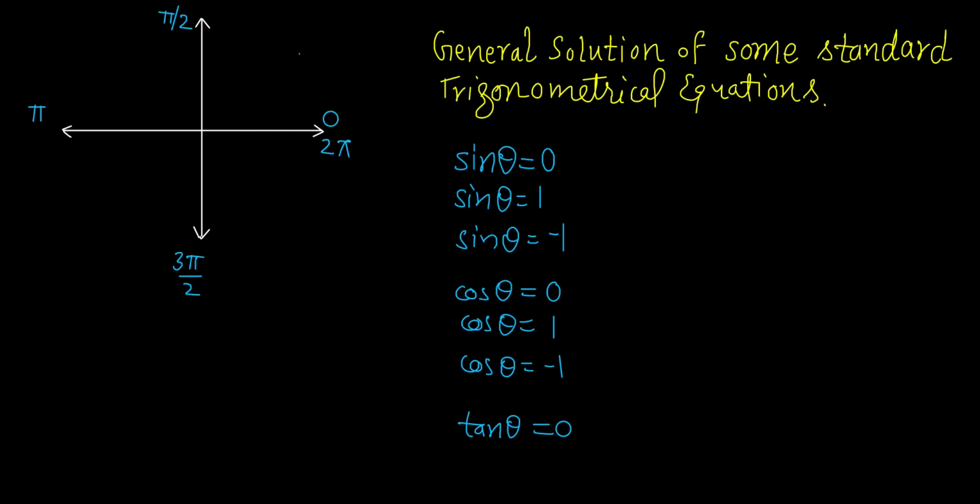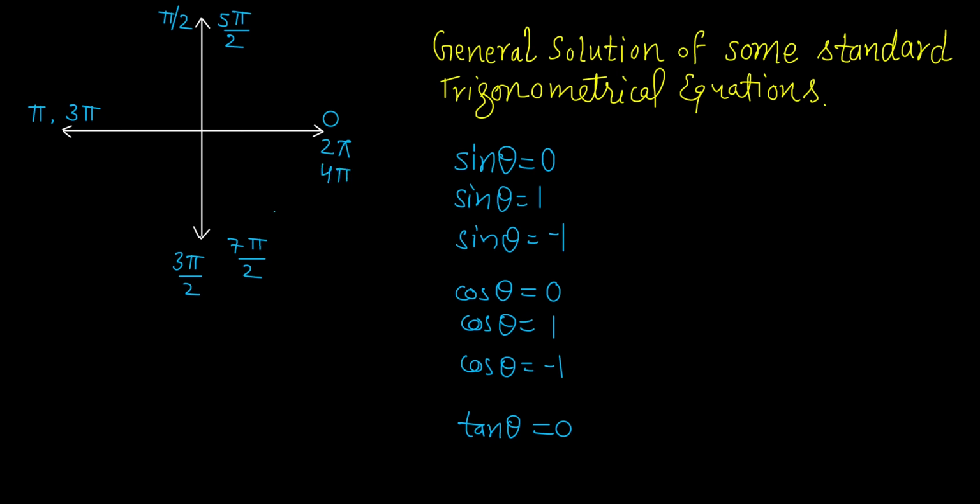degree. And if you again move further, then this line will become 2 pi plus pi by 2, so that will become 5 pi by 2, right? That you can verify. And this will become 2 pi plus pi, so it will become 3 pi. And this will become 2 pi plus 3 pi by 2, so 4 plus 3 is 7, so it will become 7 pi by 2, and this will become 4 pi.